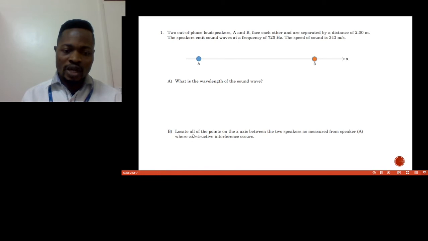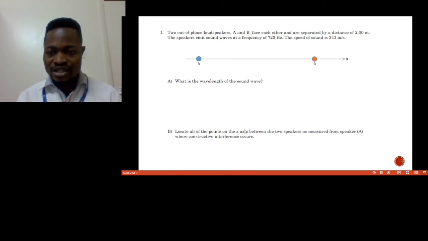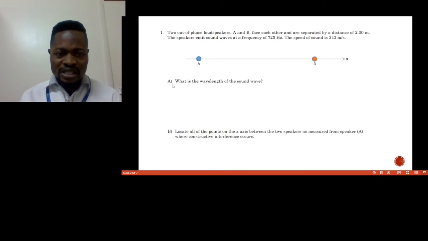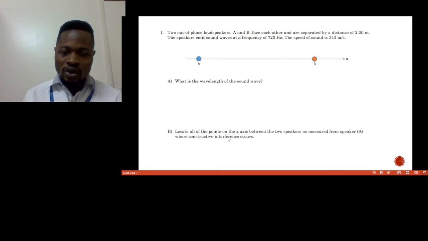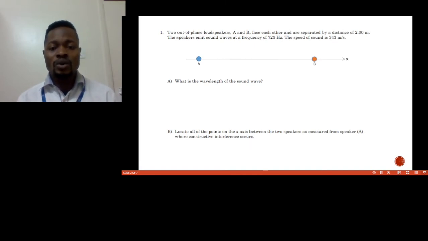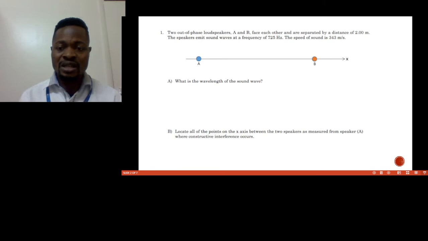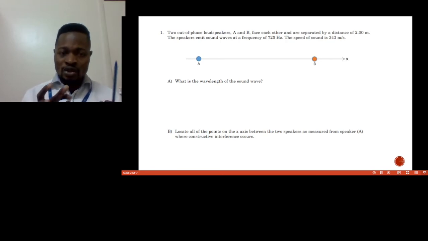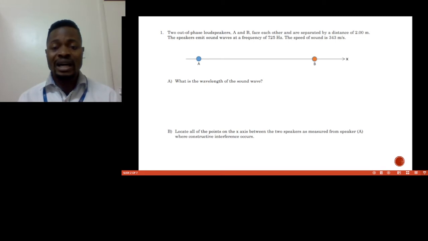You also have to locate all the points on the x-axis as indicated. The line here is labeled as the x-axis. So you have to locate all the points on the x-axis between the two speakers, as measured from speaker A up to B, where constructive interference occurs. In this we have two types of interference: constructive interference and destructive interference. For more about interference, you need to watch my previous video where I take time to explain constructive